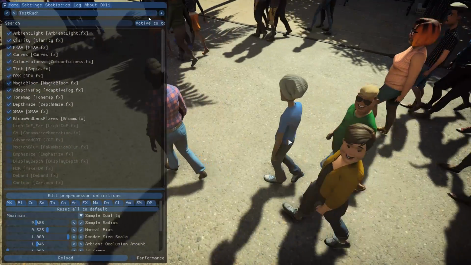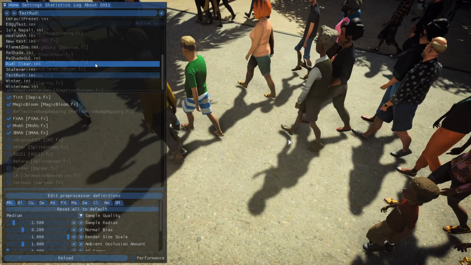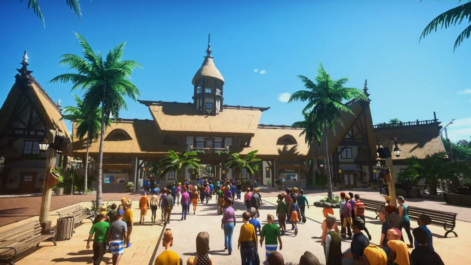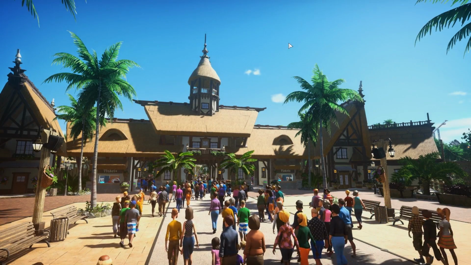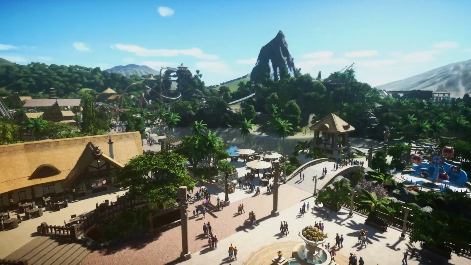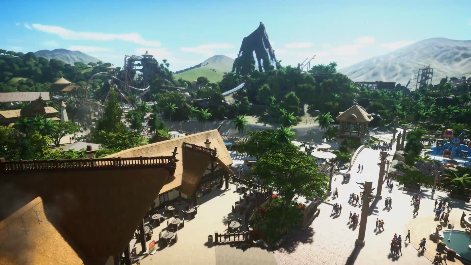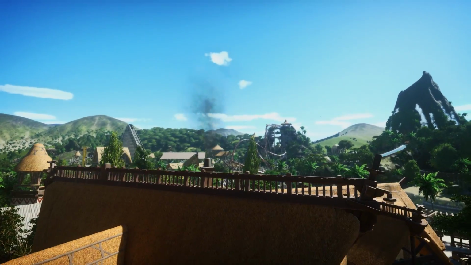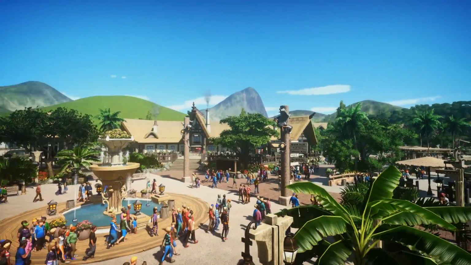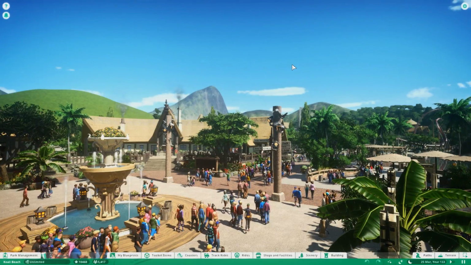I think we can also try a different preset here. I got the Rudi Clear one. Some of them are more performance heavy than others, but the clear version is just the improved version of the Planet Coaster look. It gives it a bit more heat and reinforces some of the things in Planet Coaster. But it still looks absolutely dope. Let's go back to the default preset